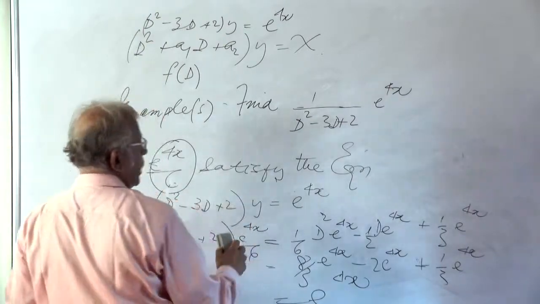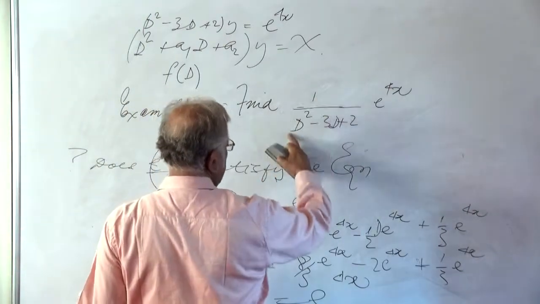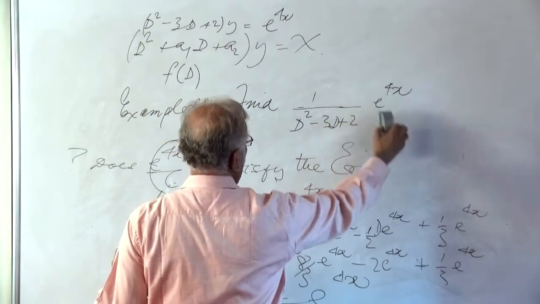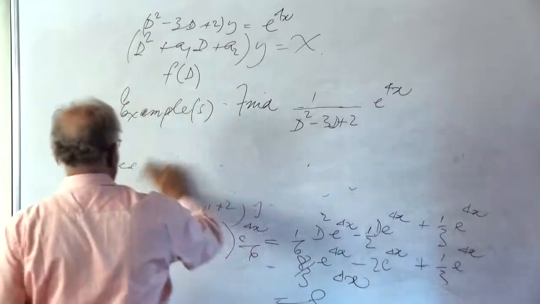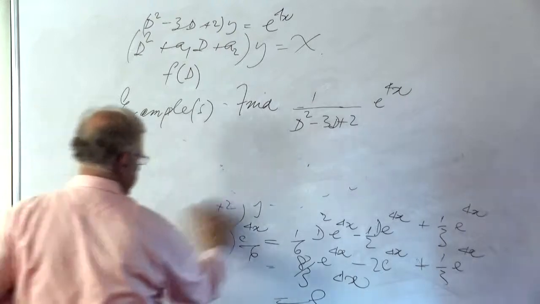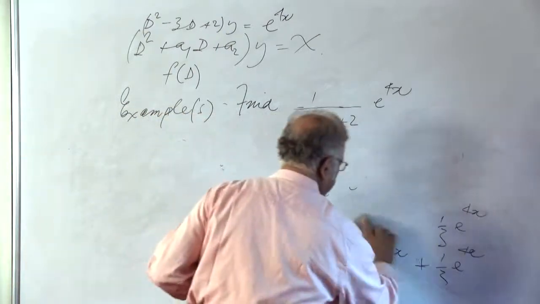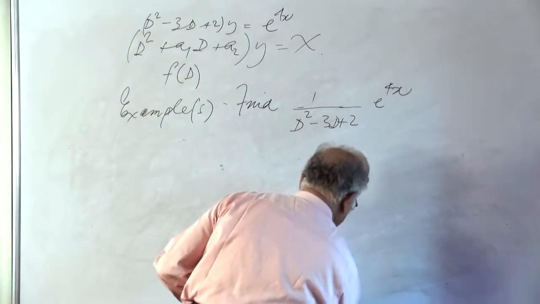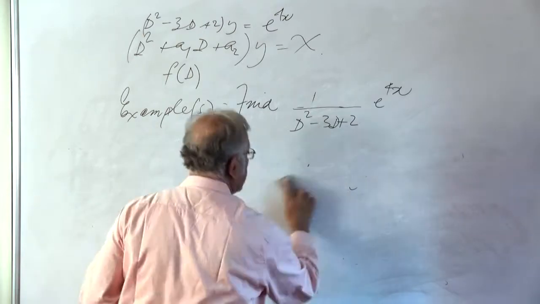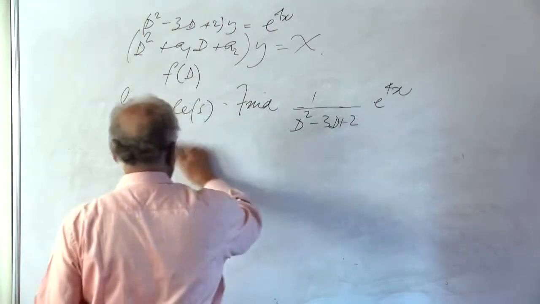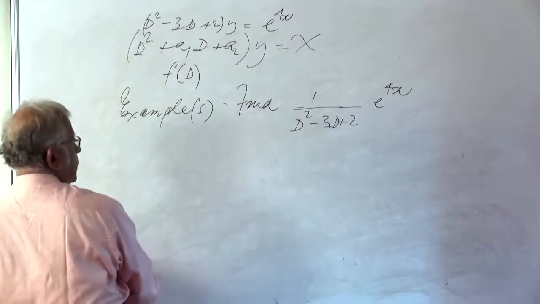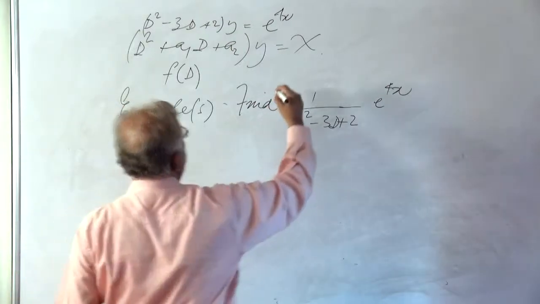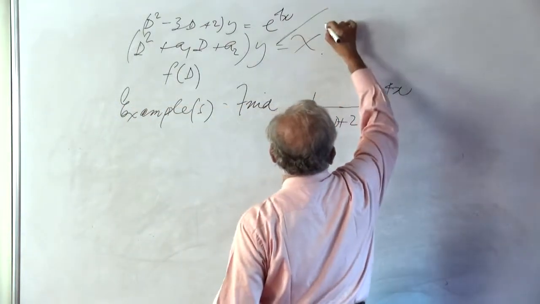The next one we chose was to find 1 over the same f(D) applied on e to the power of 2x. So our equation will now change for the second case, e to the power of